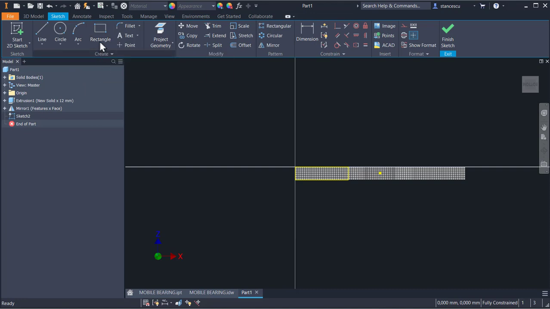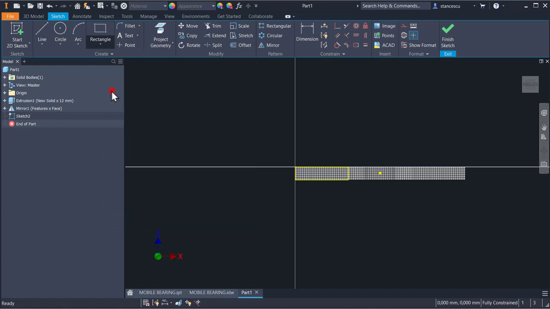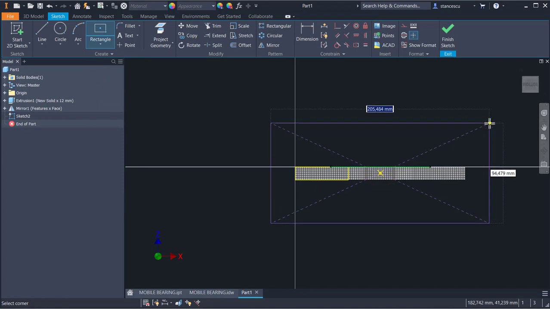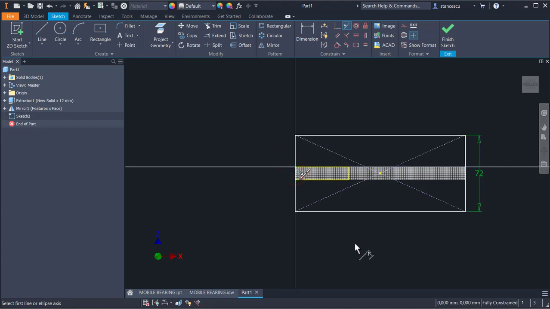A centered rectangle, 2-point center. From the center point or projection of the center point, tab 72, and then collinear this end with this one. So this is fully constrained,